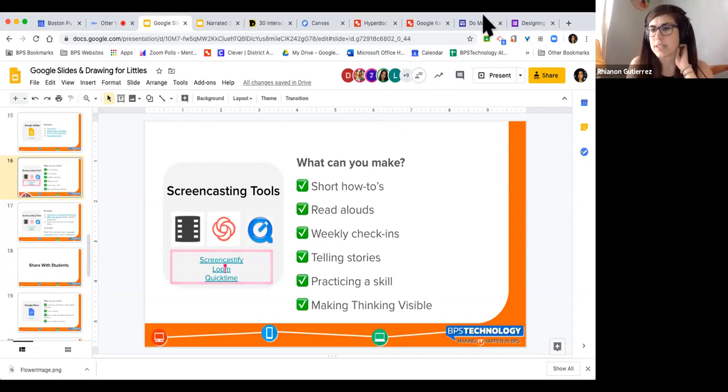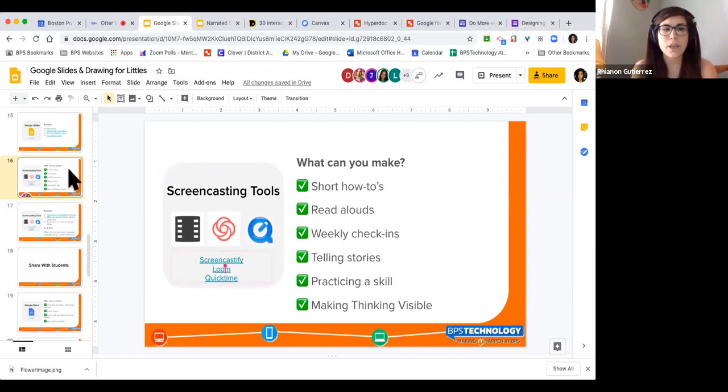So there was a request in the chat for various district tools that are available. I think it's safe to say that if you see it in Clever, it is available for you to use. If you do not see it in Clever, then you probably can't use it. Another thing to keep in mind too, there is a link that I'll post at the end where we have some that we do pay for district-wide, but every school has different needs. We do have over 125 schools, so not all of these apps will be used by everyone.